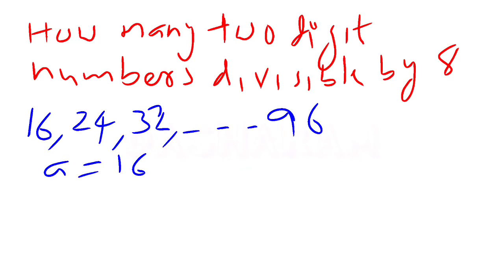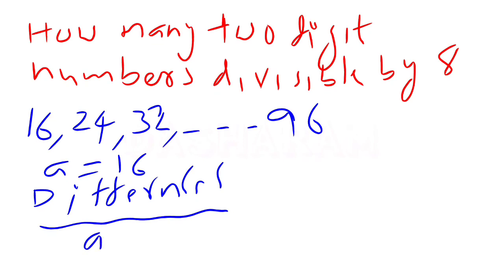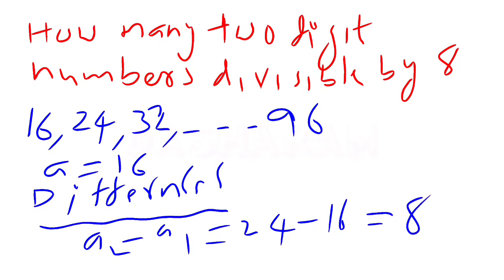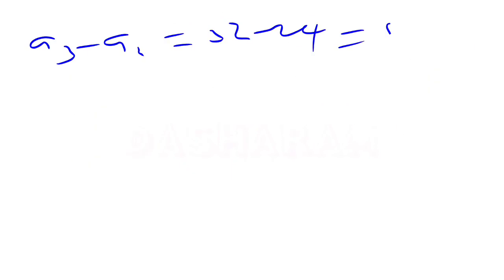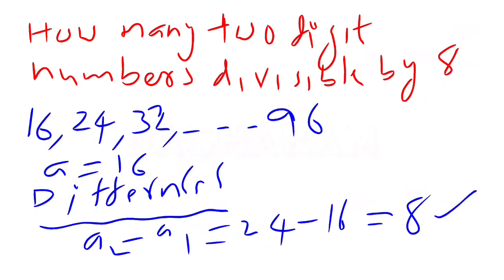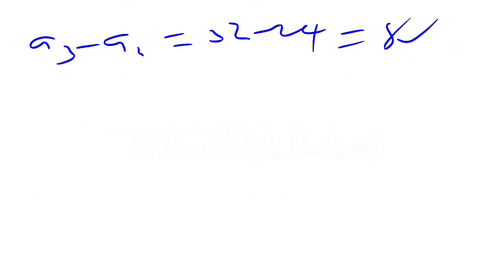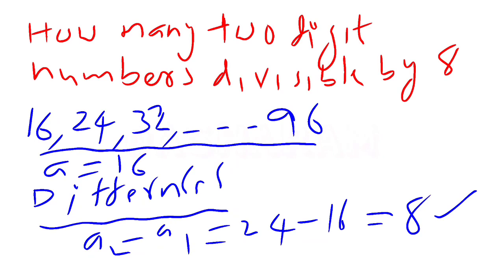Now, the list we formed, whether the list of numbers will form an AP or not, we have to verify. That is very important. To verify this, I am finding the differences. a2 minus a1 equals 24 minus 16. What is 24 minus 16? Yes, it is 8. Next, a3 minus a2. The a3 value is 32, so 32 minus 24 is 8. We got the same difference at the two places, so that means the list of these numbers will form the AP.